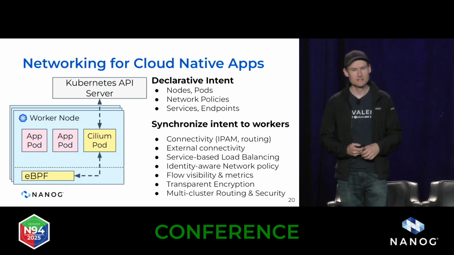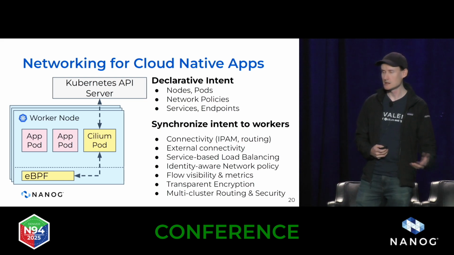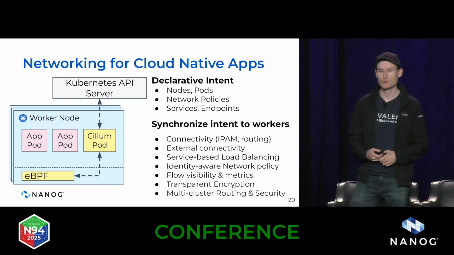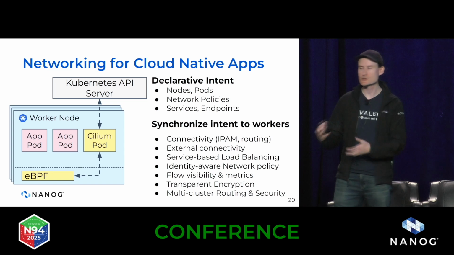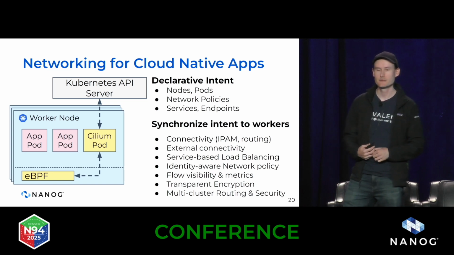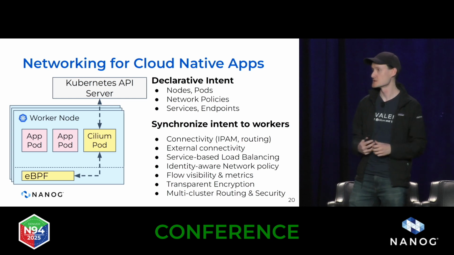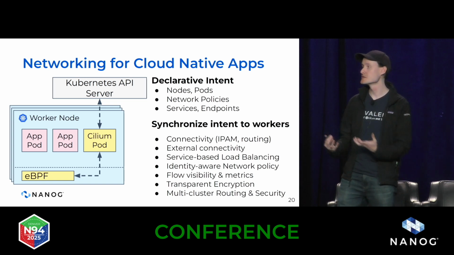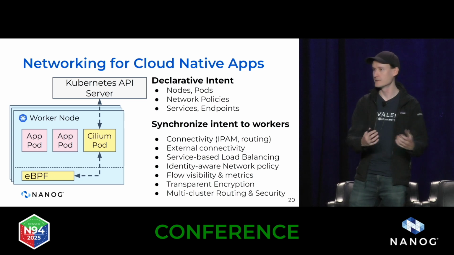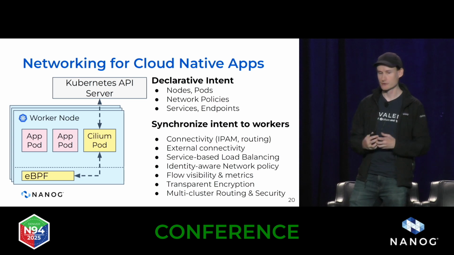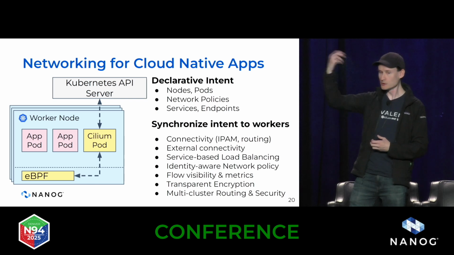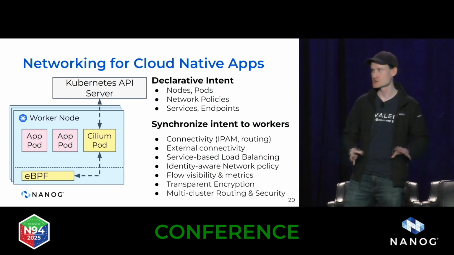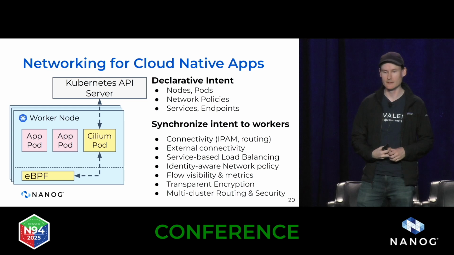So broadly, Cilium works through a declarative intent model, like much of Kubernetes, and so there's various different constructs within the network and the environment that are declared in Kubernetes objects. And Cilium has some custom objects that it uses to manage its own configuration, including network policy. And then what you do is you run the Cilium agent on each worker node within that environment. And then those Cilium agents pull the high-level declarative intent from Kubernetes and then translate that into eBPF instructions that can then execute that functionality in the kernel.